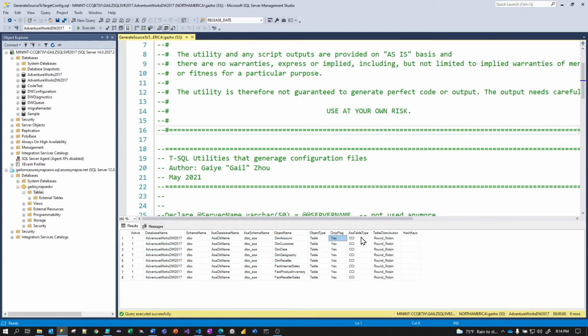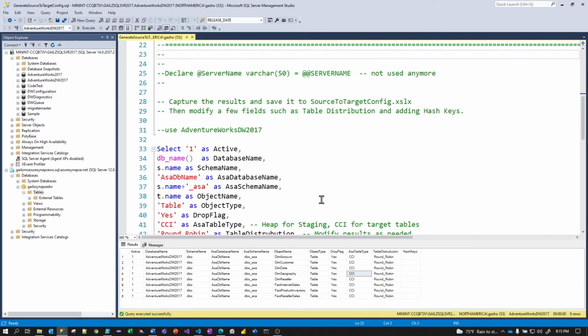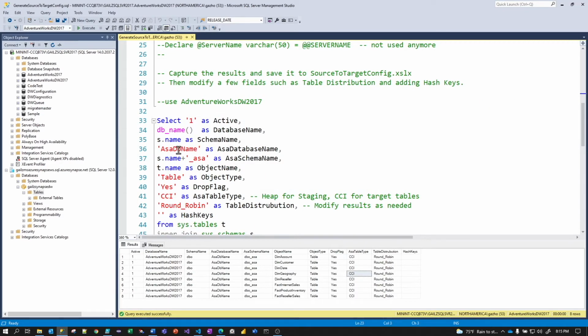But look, this one is only CCI table and round robin. You can use this information as a starter and construct your real config file. And you do need to change a few things here. This will be your real Azure Synapse SQL Pool database name. For this one, if you have a DBO, you can use